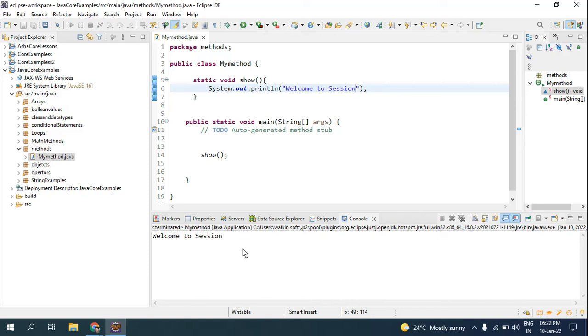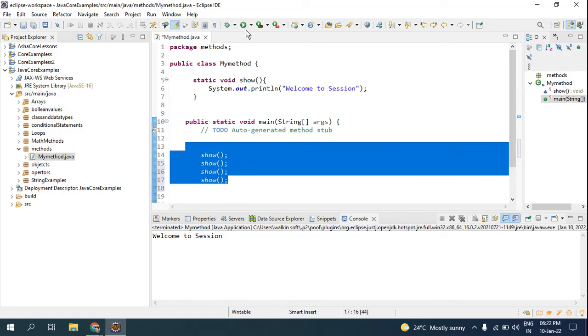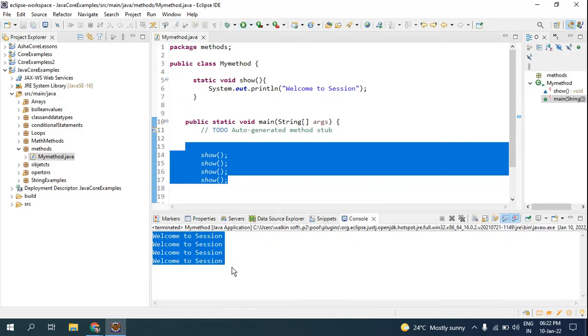And one more thing, the main use of a method is that once you have written code, you can call it multiple times, n number of times it gets executed. Look, for now I have called it 4 times. The code I have written is only once, but I have called it 4 times, and if I run my application, you can see the output 4 times. So what a method really does is that it can be written once but invoked n number of times as you wish, as per your requirement. So this is all about methods.